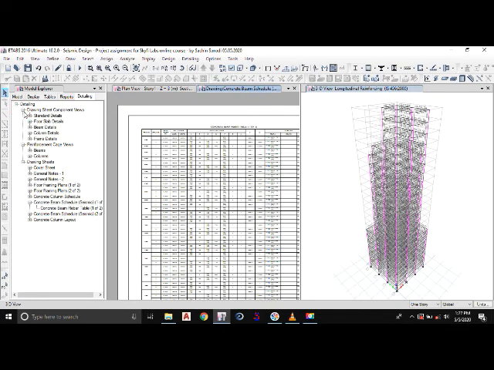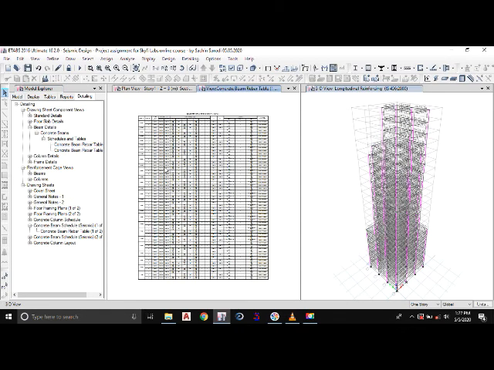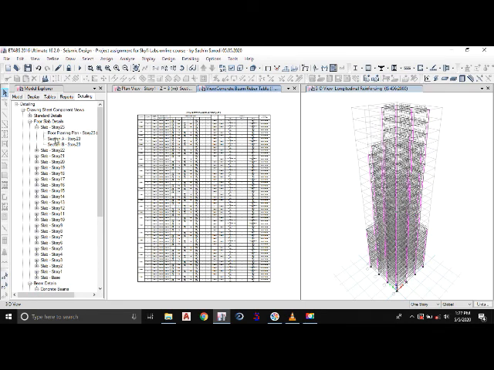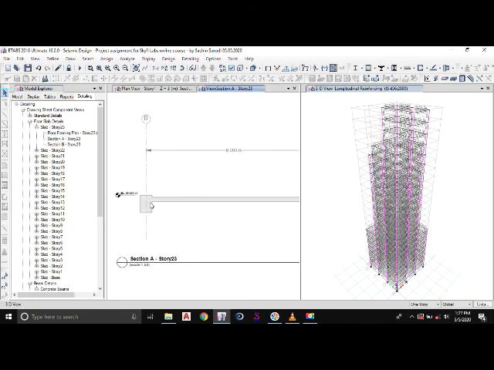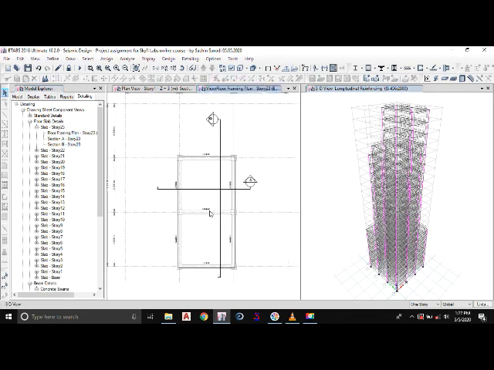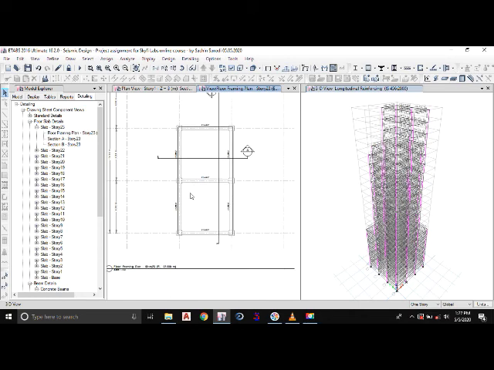Again, you can go to the beam schedules or beam details. So you can see that the beam details have been given. Similarly, you can go to floor levels and check the sections for the slabs. You can check for the framings. So like this, you can check the details of each and every reinforcement given in the structure.